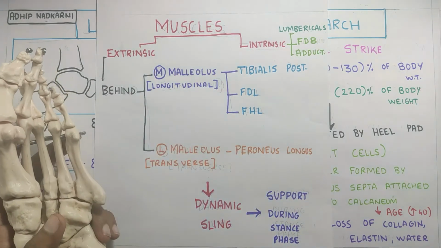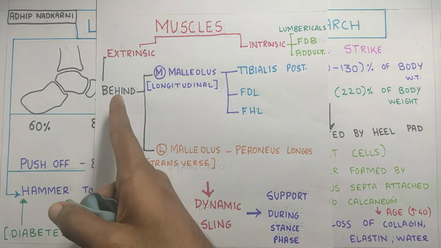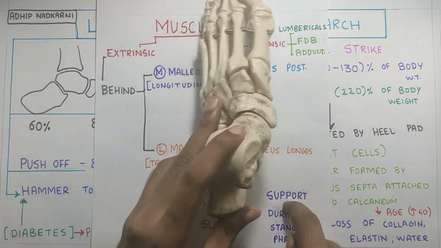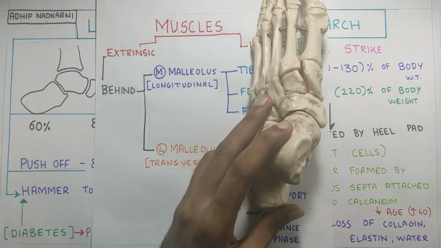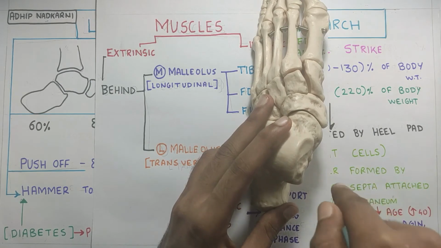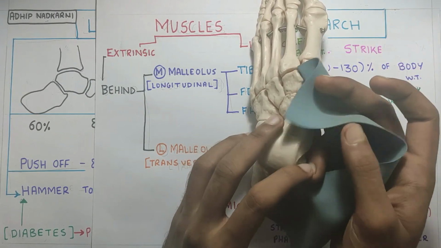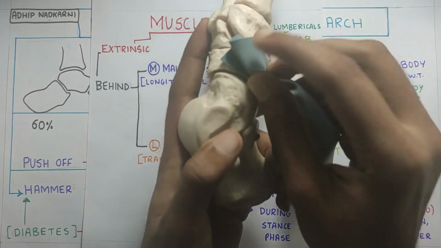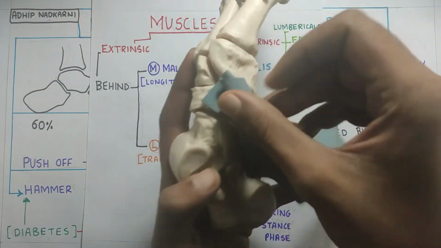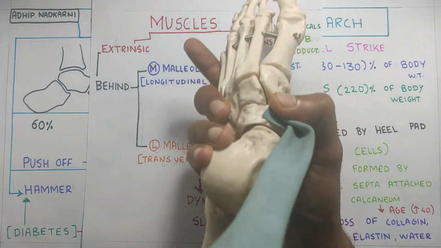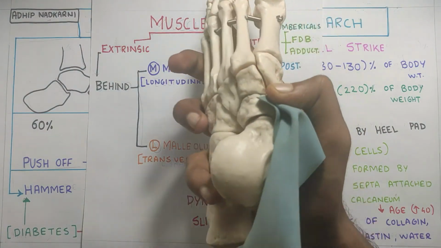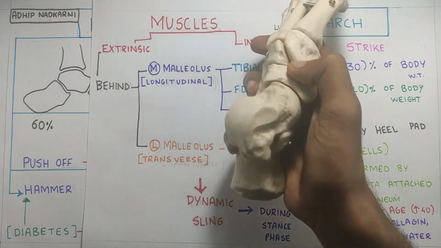Whereas what about the extrinsic muscles? So the first extrinsic muscle comes from the medial side. It comes behind the medial malleolus from top, like this. It will come from the medial side, and then it will go and attach to the navicular over here. So when the muscle is attaching to the navicular, and then when the muscle contracts or pulls, the foot will go into inversion, right? When it is pulling, it will go into inversion.